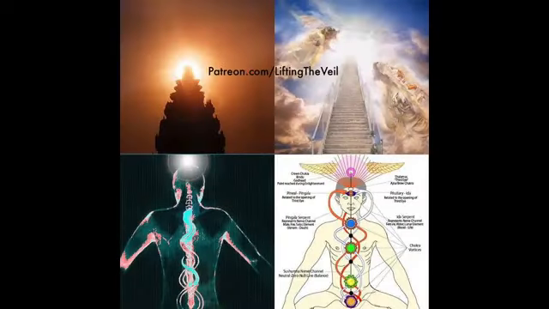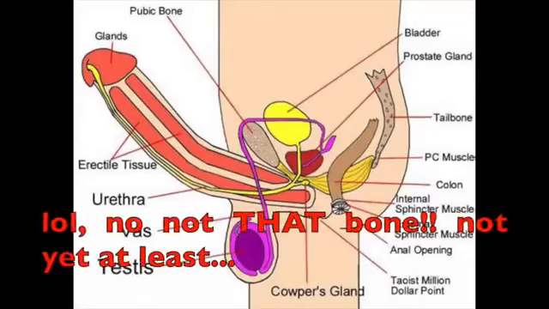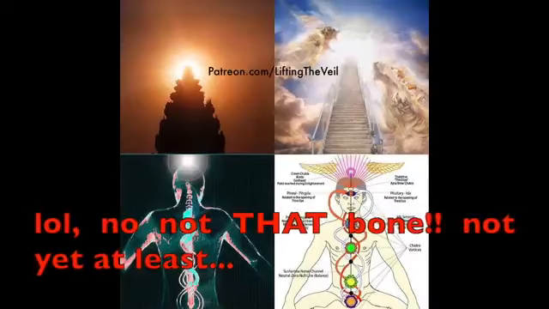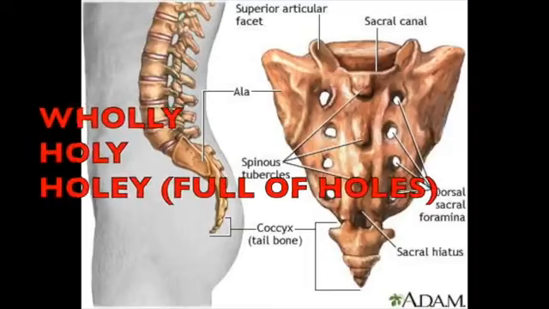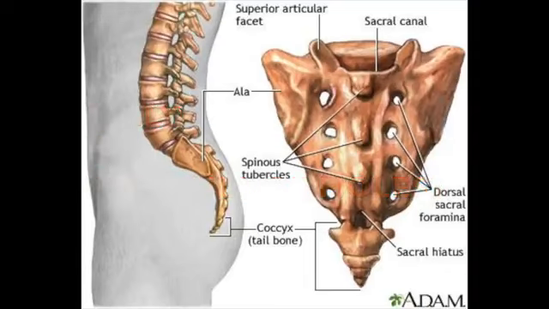We have 200 or so bones, but we only have one bone that is considered the holy bone, the sacrum. However, all bones are holy. All bones are also full of holes, or holy, which in medical terms are called foramen. The word sacrum means sacred in Latin, and it lives on in English anatomy as the name